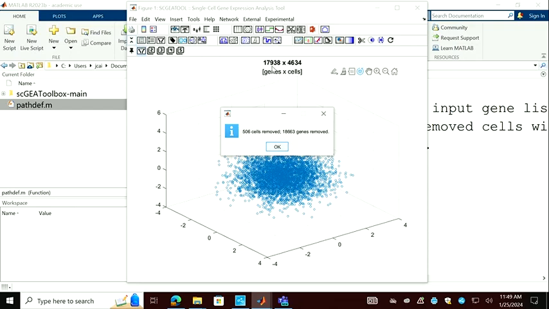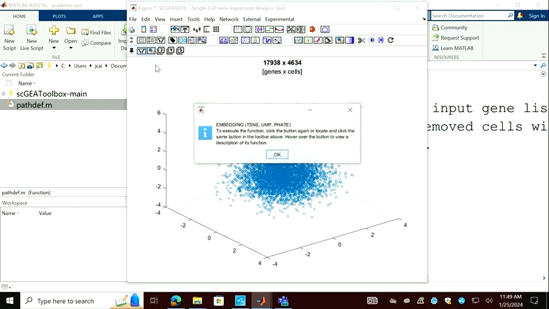Now my original matrix was 13,000 something, okay, 5,000. But now I removed a lot of genes and cells and made this matrix smaller, but it still contains enough information for the next step. Any questions? So now you can click button number 2 and click, okay, see, this next